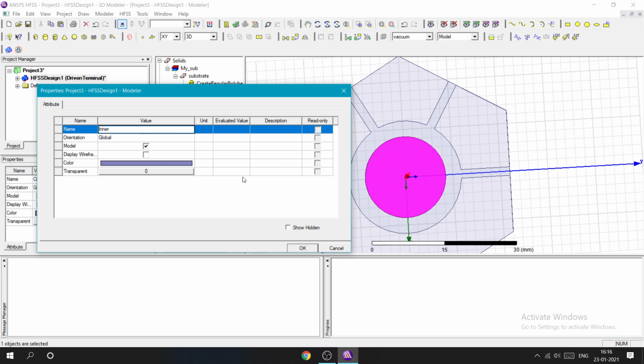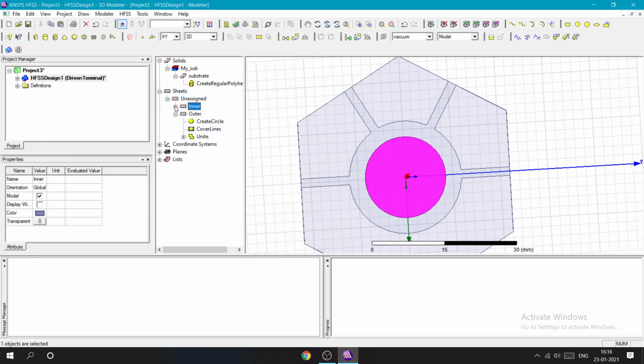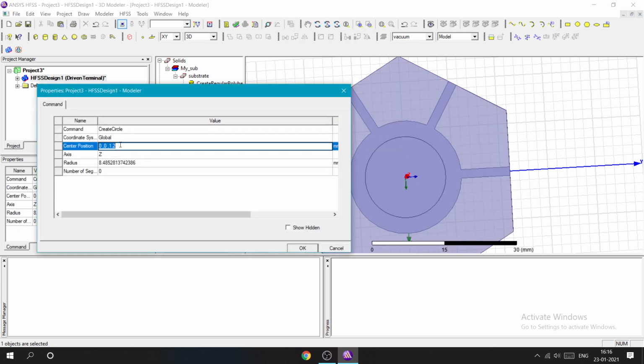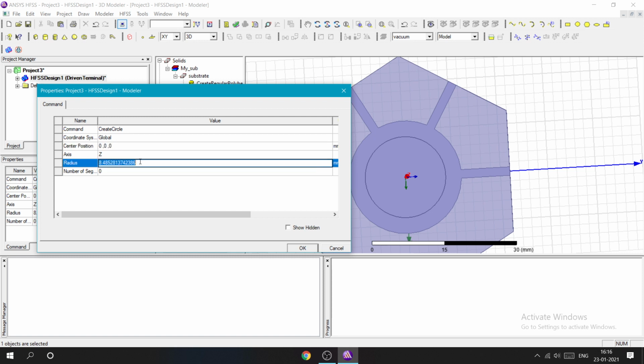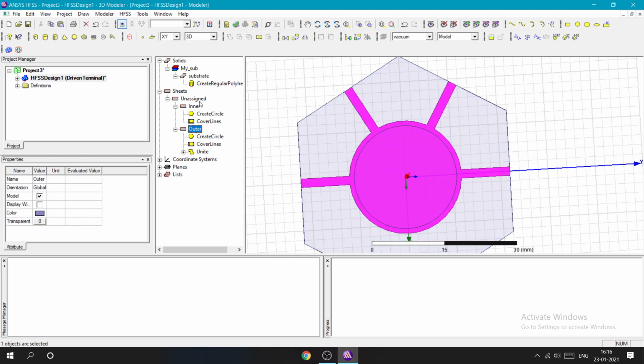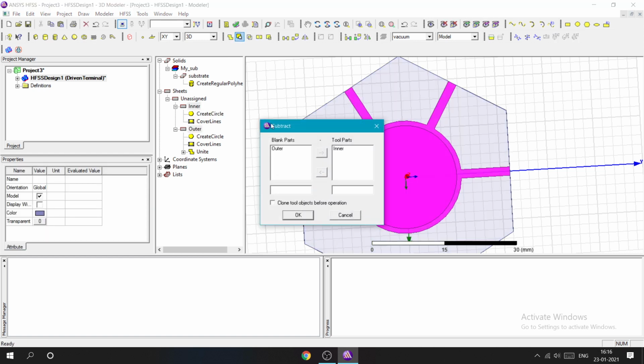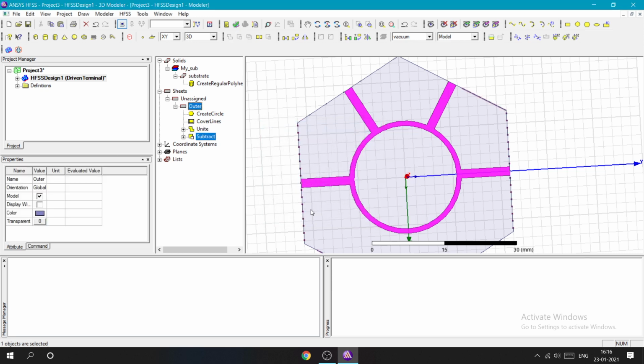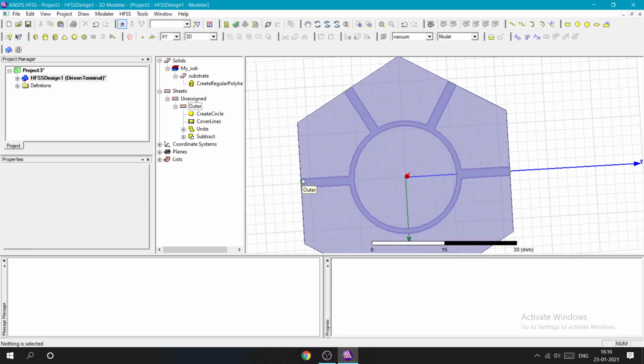It's not mandatory to give a name, but it will be easy while working on the shapes. I'll set 0, 0, 0, and the radius will be 10.8. Press OK. Now the same: select outer, next inner, next subtract. So check outer minus inner, press OK. Now it's been cleared.